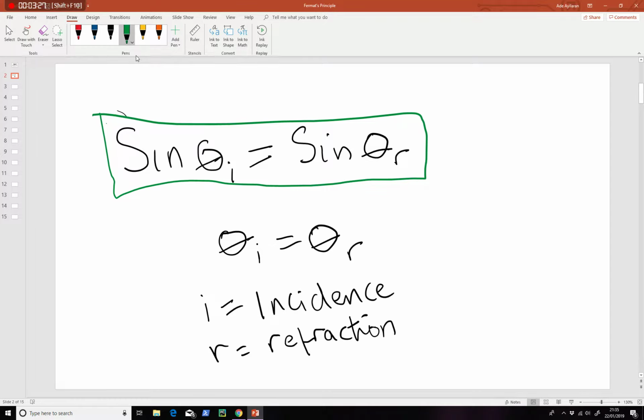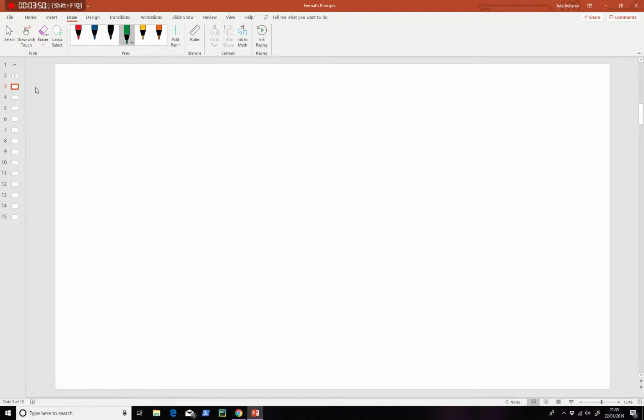Okay, so Fermat's principle can actually derive this. It may not be sines actually. We'll soon find out that my method anyway doesn't include sines, but it includes cosines as the trigonometric function. Anyway, let's continue. But before we continue, I just want to address the things that we are going to use in this particular topic,